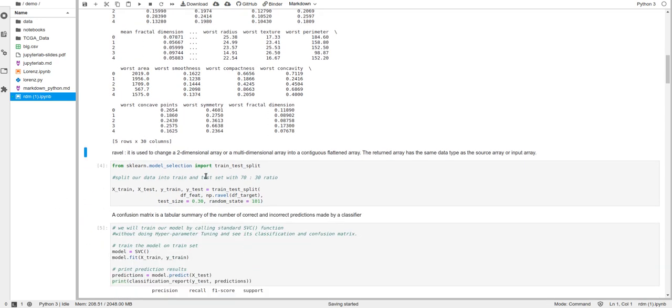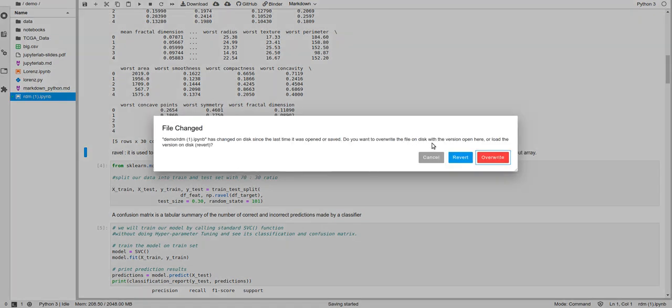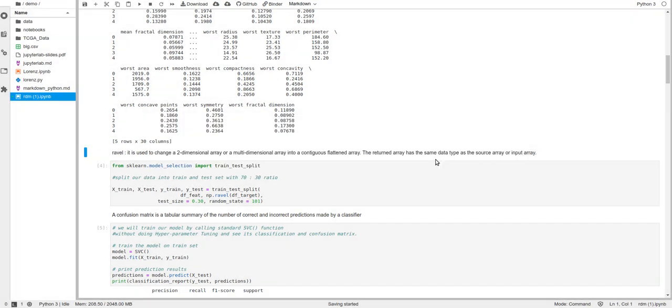Now we will split our data. To train our model, we have to split our data set into a training set and a testing set. So we will import from sklearn model selection import train_test_split, right?